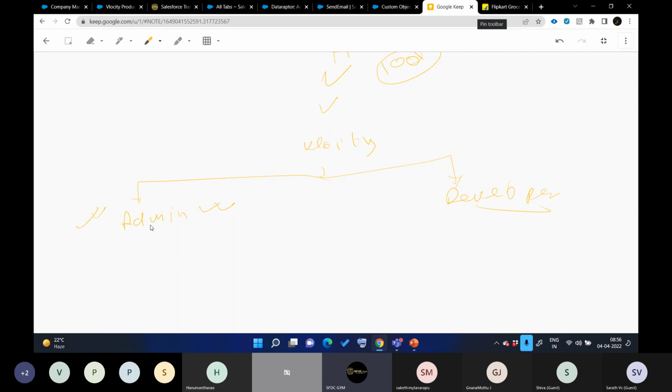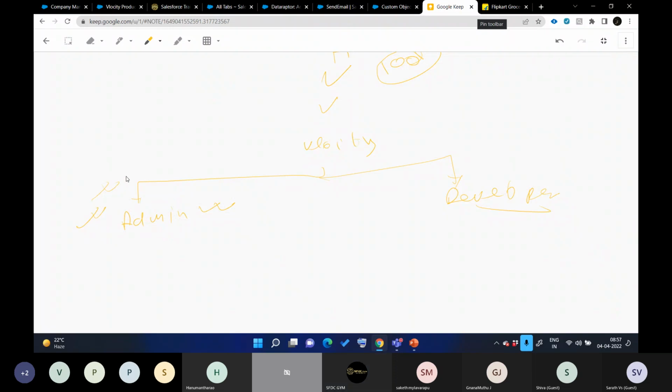Like Salesforce also has these two things, right? Admin, and what is admin there? If you are happy with the Salesforce UI, like Lightning or the classic UI, if you're happy with the capabilities of flows, process builders, workflows, right? All those platform features that don't require any coding, so you can do everything with the help of admins. But there are some use cases where those native builds have their own limitations, right?